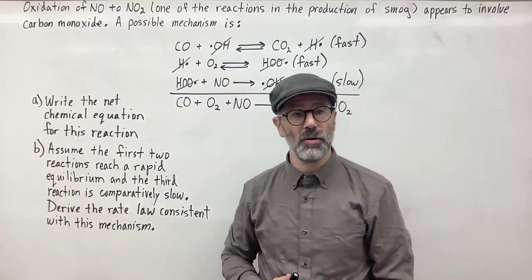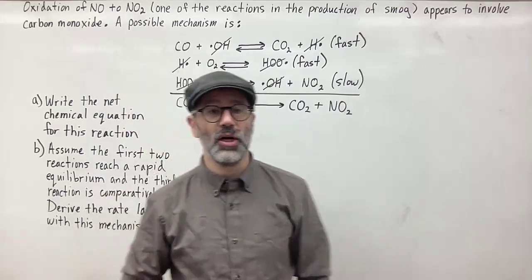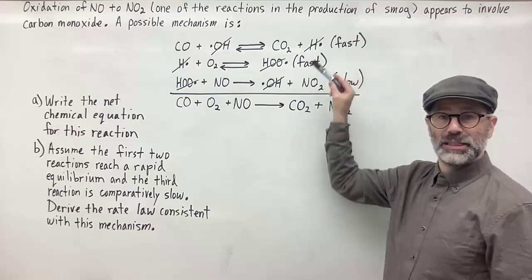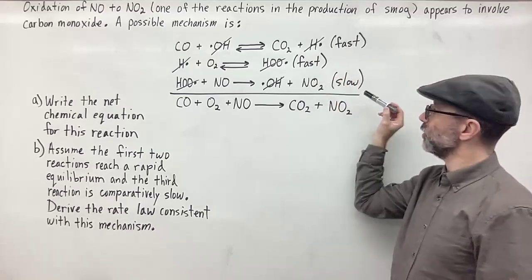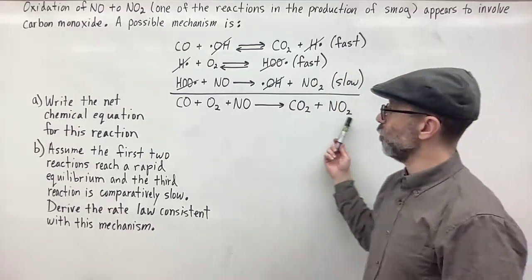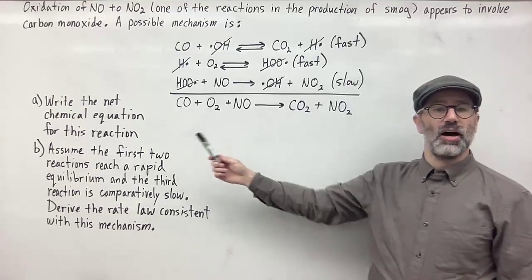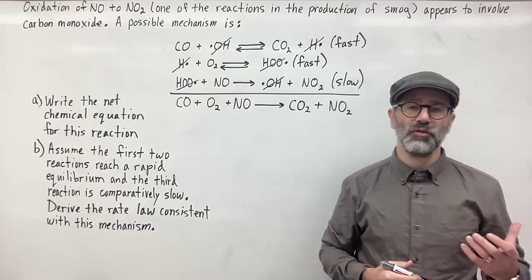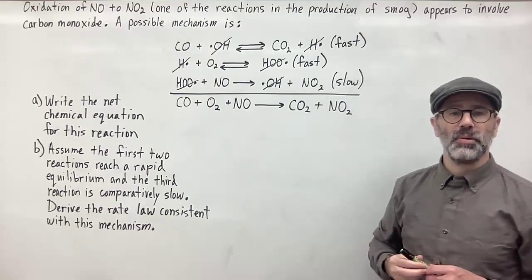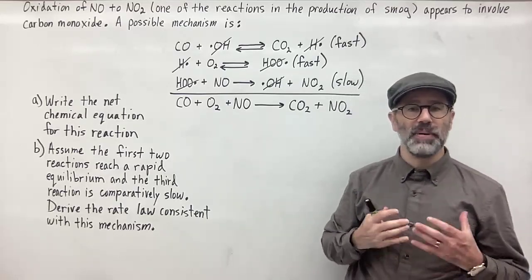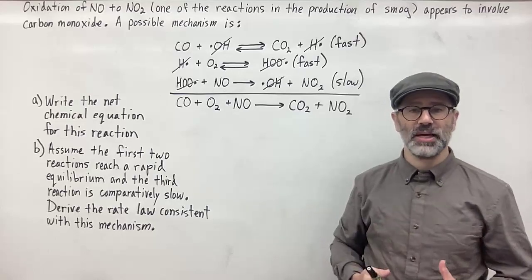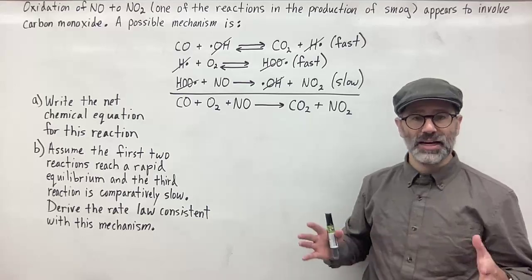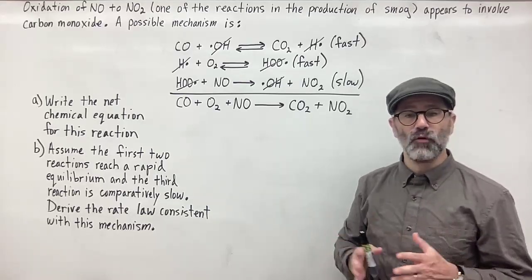Now, what about part B? For part B, we're supposed to assume that the first two elementary steps in the mechanism are fast, the third one's slow, and we want to know what the rate law of the overall reaction is. Well, as we said before in a previous video, when you're given a mechanism, the rate law is going to be dependent upon the slowest step in the reaction. So whatever the slowest step is, that's what the rate of the overall reaction is going